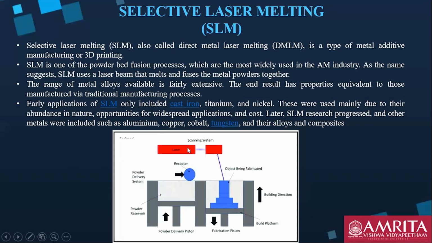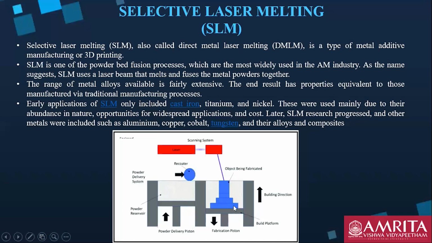What it does is, it has a scanning system, and this system consists of two sections of the bed. Over there, we had one section of the bed filled with resin, and laser light focusing on the required region, and it turns this resin into a 3D product. What happens over here? We have two sections consisting of two beds that are movable. One is moving upwards and another one is moving downwards. Now, what is the role of this upward and downward motion?